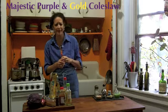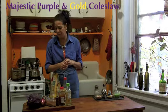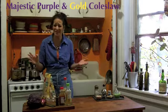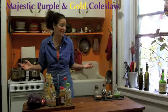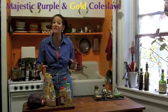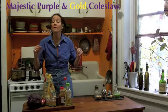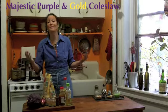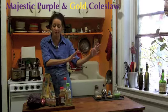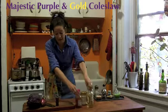raw foodists, they're called. And I, of course, don't think anybody should do anything to an extreme, where all you do is eat raw foods. I think it's important to keep in mind having some raw food in your diet, and what will keep you balanced is eating balanced, not doing anything in either extreme. So I'm going to get started because I really want this to be a very fast, quick